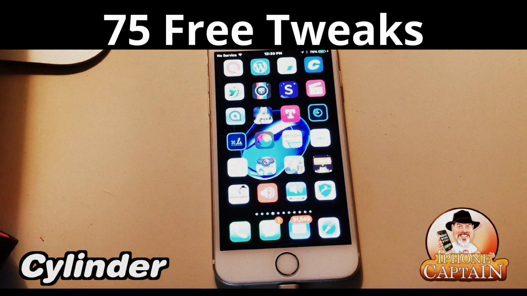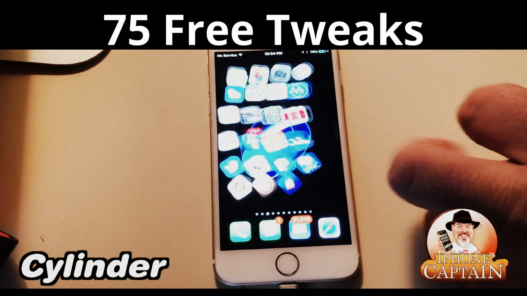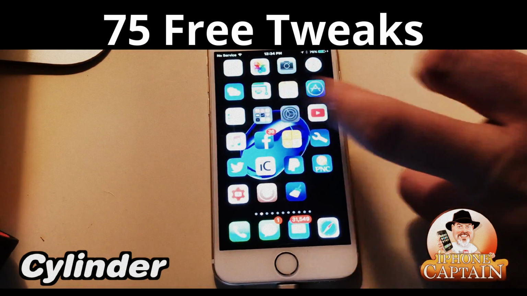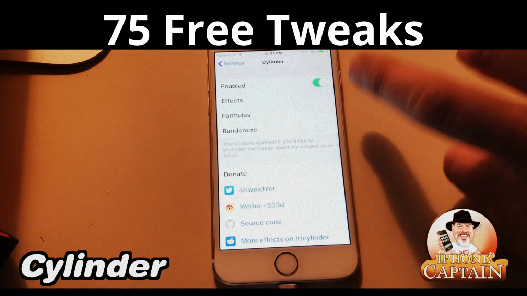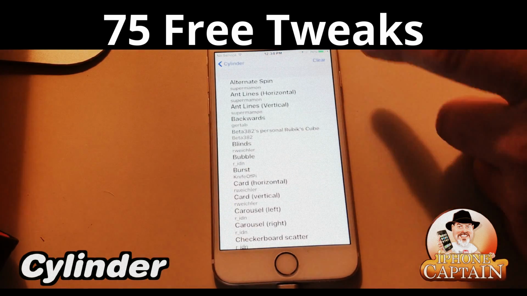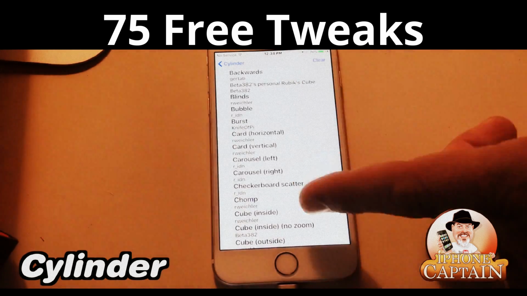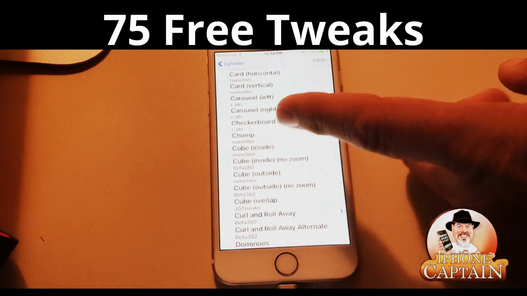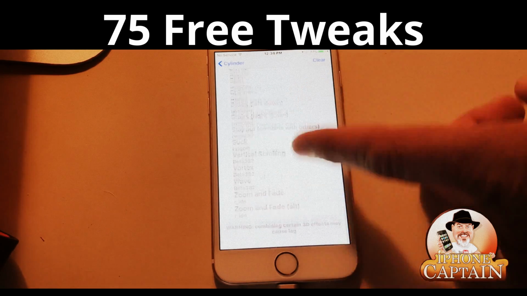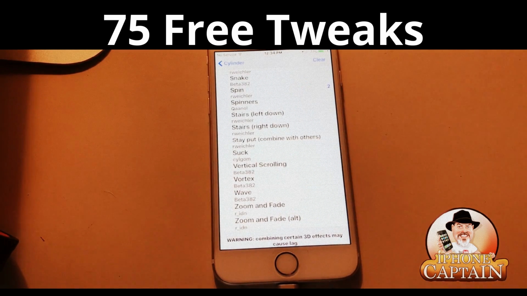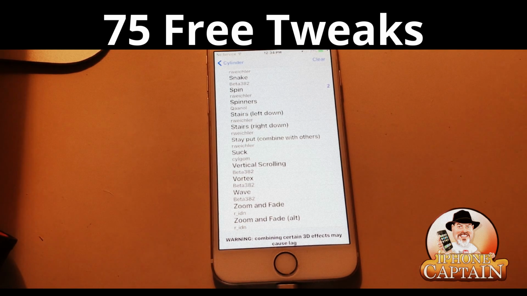And you can even set it to randomize those if you wish. And all that's customizable from under the settings part here. Go down here to Cylinder, and in here you go to the effects section, and in here you can choose, I think it's like 6 or 8 different things, but you see there's hundreds of different. Actually, there will be thousands of combinations if you were to figure it all up mathematically, and it would be astronomical. But anyway,